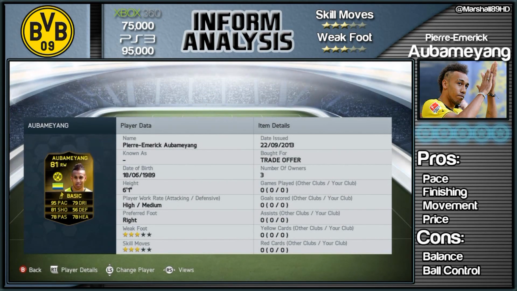Anyways, Pierre-Emerick Aubameyang, he's our number one reviewee of the year. He's got a 3-star weak foot, 3-star skill moves. He's currently costing around 75k on the Xbox 360. I expect that to rise. PS3, 95,000 coins. So he is quite cheap for a guy that's got 95 pace and 79 dribbling, and he